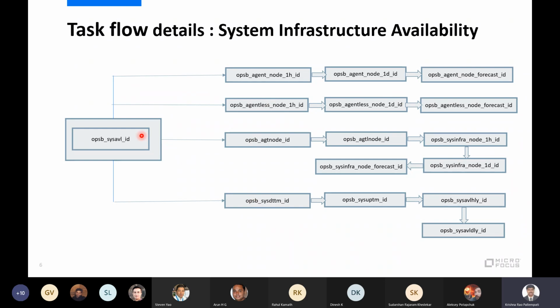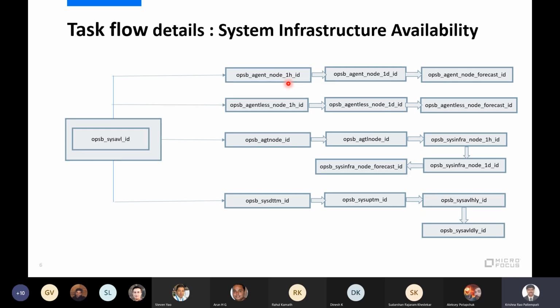So the moment I have the source tables, I'm just orchestrating this. All of this will run parallelly, and this part is independent. All of this will run parallelly, based on agent node 1H and 1D. I mean, the notation is one hourly. This is the ID. In a task flow, we will mention the task flow ID or task flow name. Both we will mention, but the ID is mandatory.